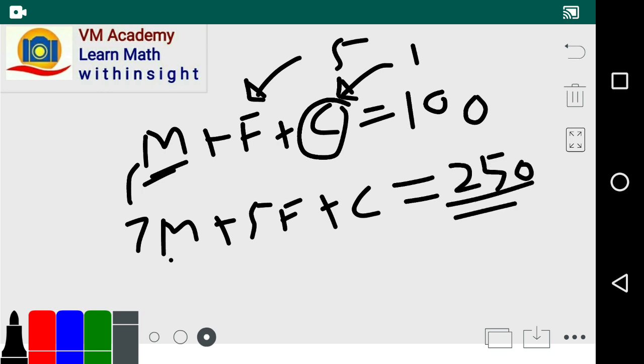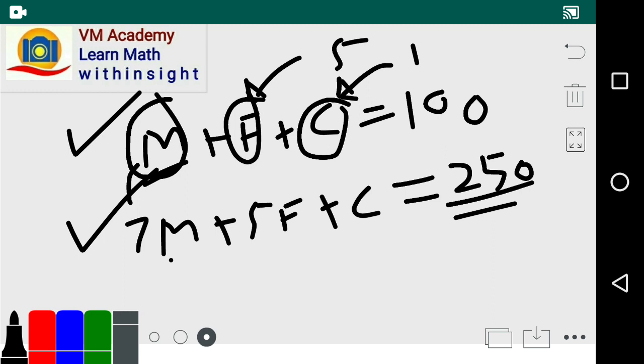Now friends, we would like to find the integer solution of this equation. So what are the possible integer solutions? Because, friends, males, females and children cannot be half, 1/4 or 0.13. The total number of men is always of the form 1, 2, 3, 4, 5 and so on, an integer, and the number of females is also an integer, and the number of children is also an integer. So we have to find the integer solution of this.